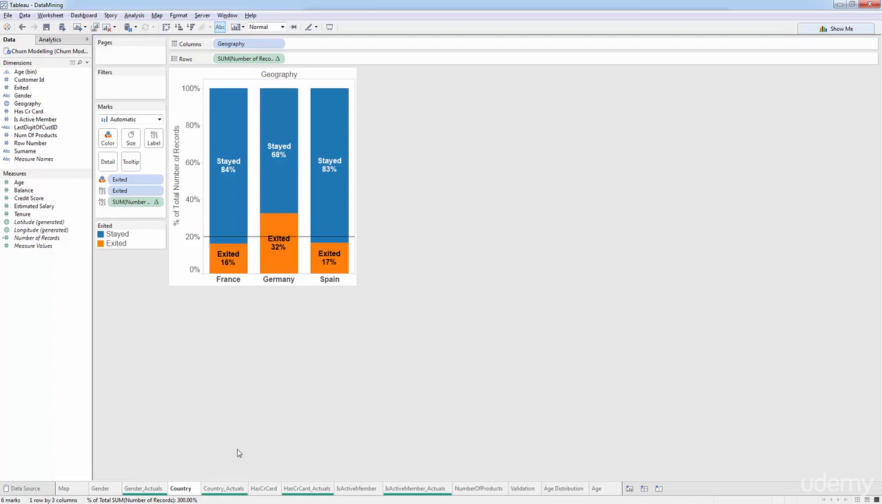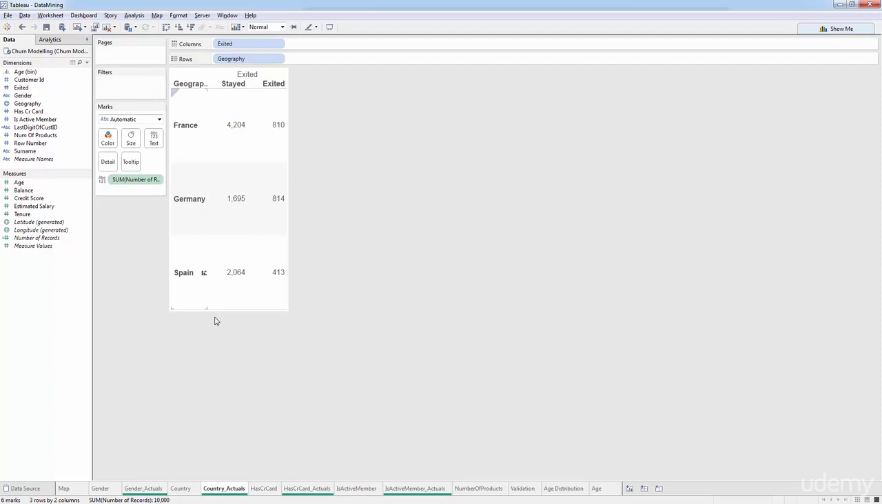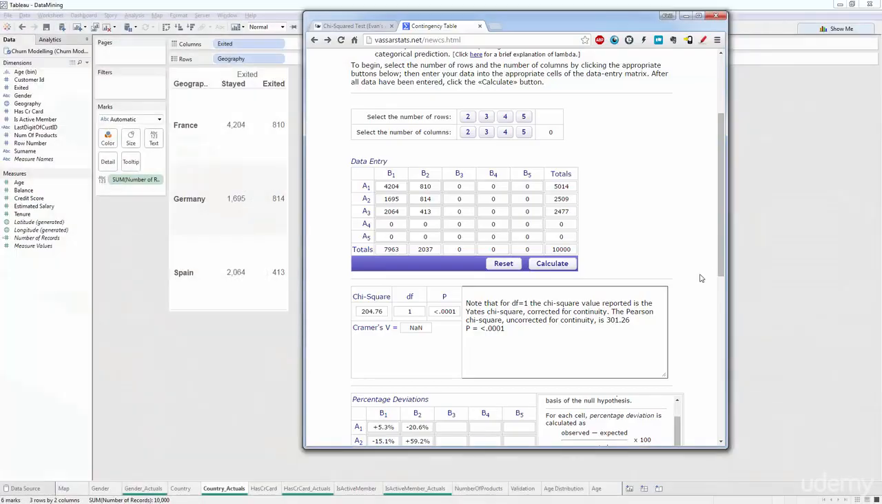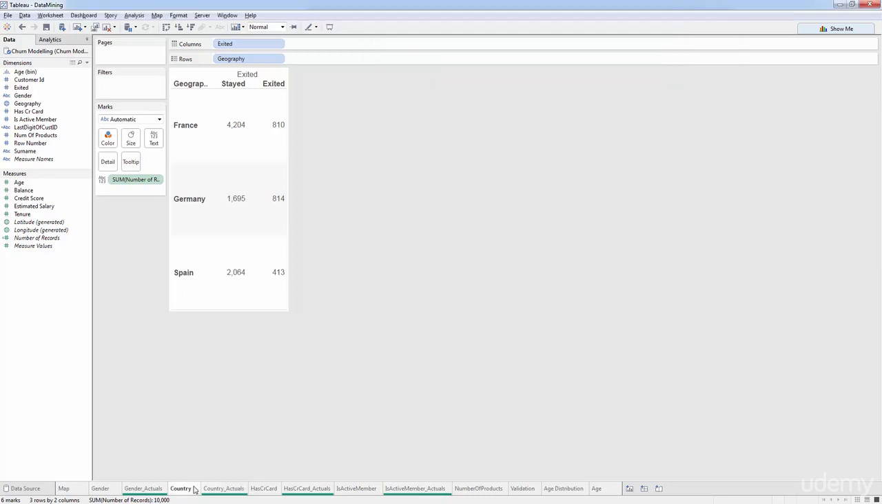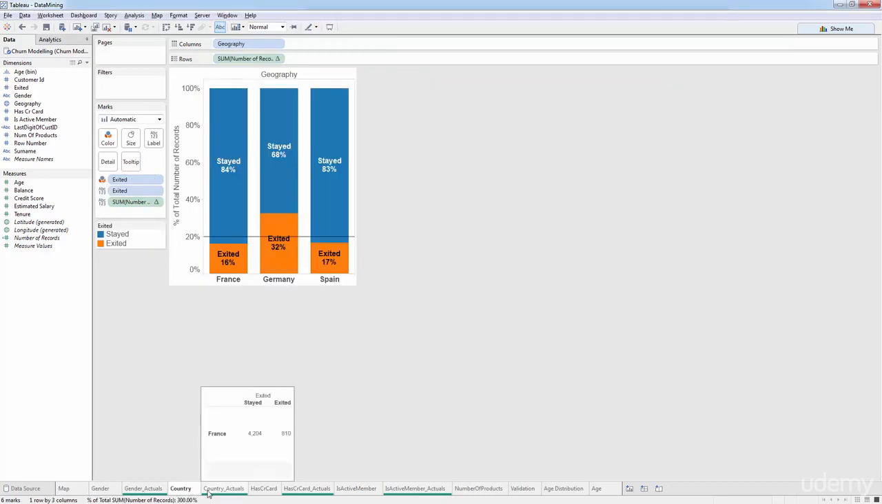So that's our country. We've already done the test for country actuals, right? So this is the result we got, and it was statistically significant. Obviously, if we run this test now for France and Germany, we will also get a statistically significant result, and I'll leave that up to you if you'd like to check that. That's totally fine. The other thing I wanted to show you here is that if we now go to age,